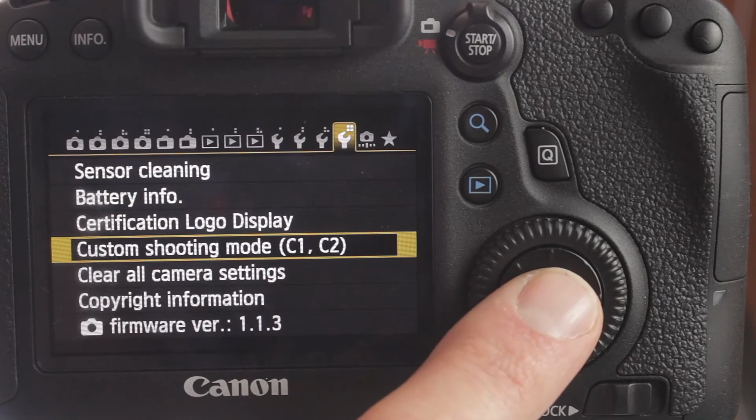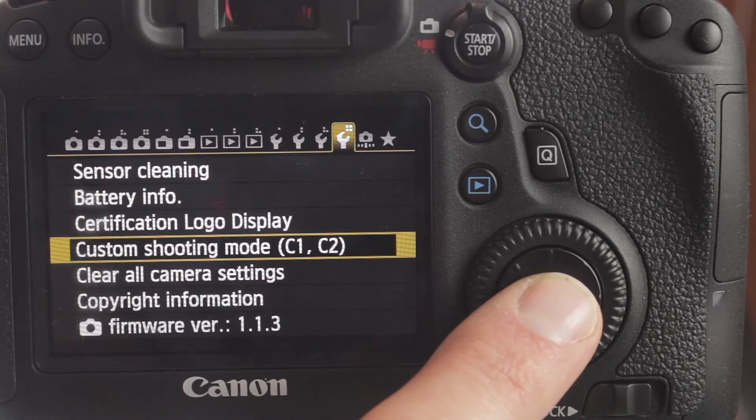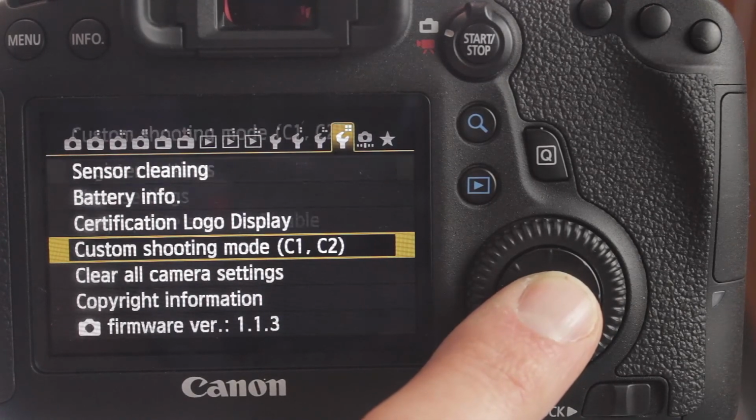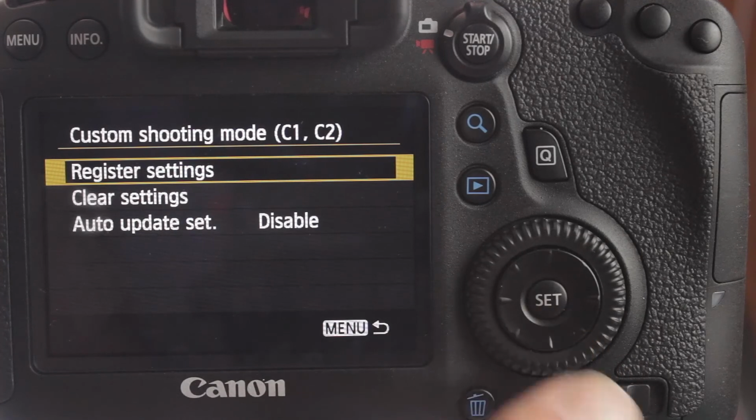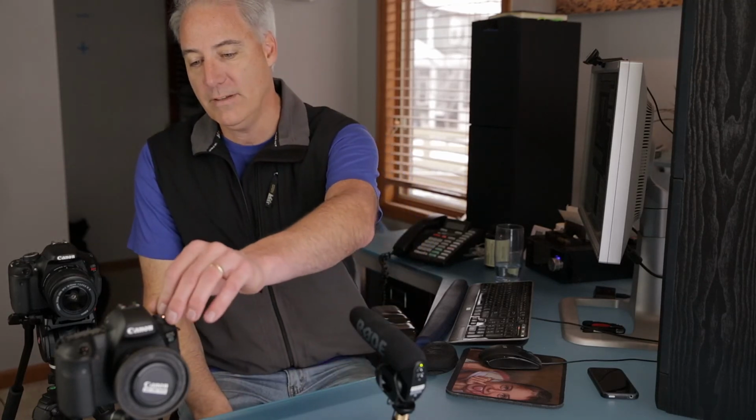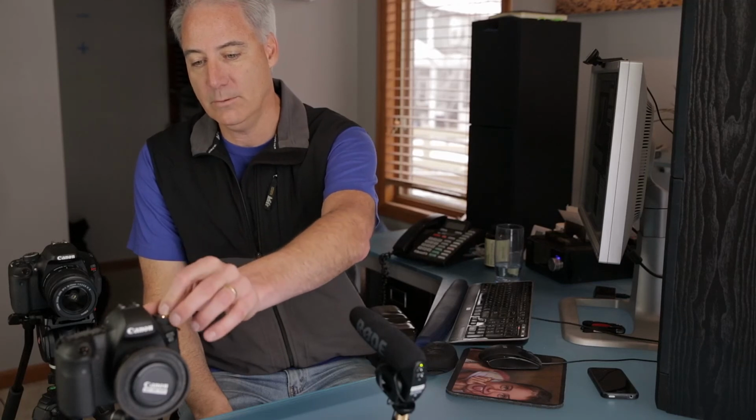Custom shooting mode, C1, C2. This is a really cool feature for the 6D. So let me demonstrate. What you can do at the top of the camera, which you can't see right here, there's a C1 and C2. You've probably already seen it. But if I go to C1, let's say,